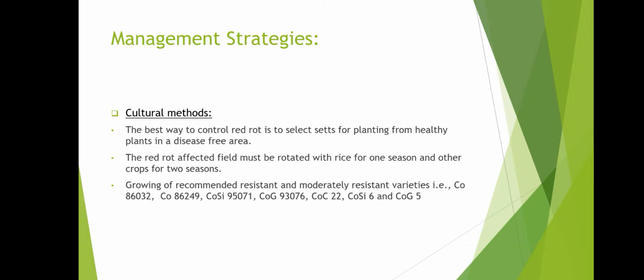Grow recommended resistant and moderately resistant varieties like CO 86032, CO 86249, COSI 95071, COG 93076, COC 22, COSI 6, and COG 5.